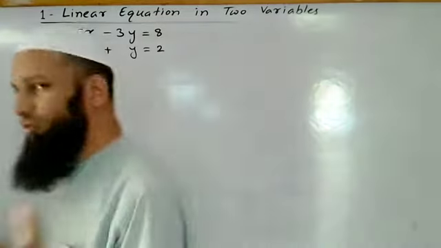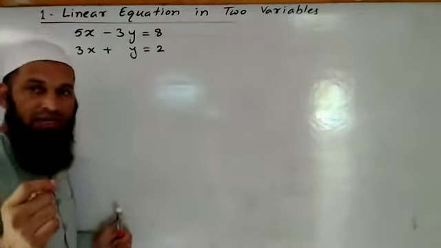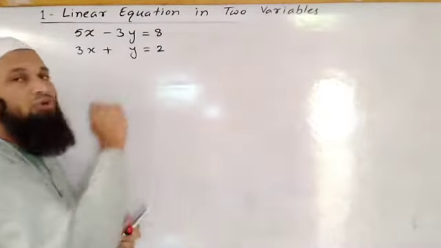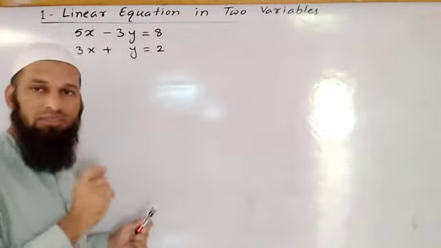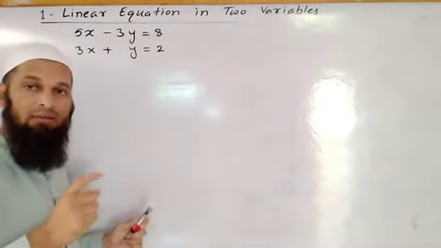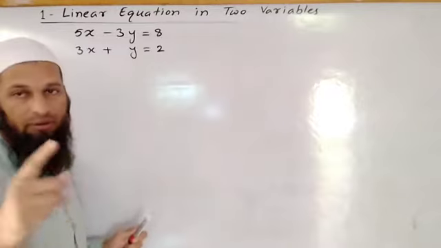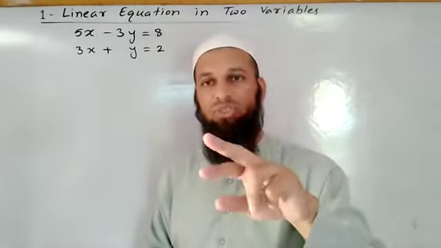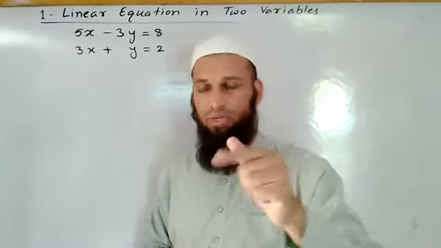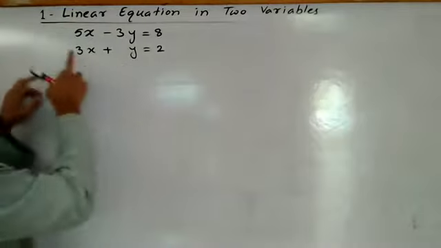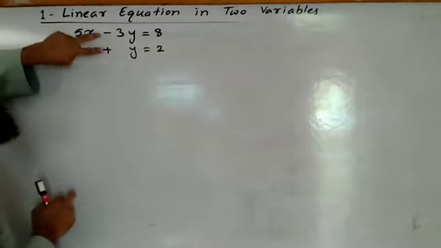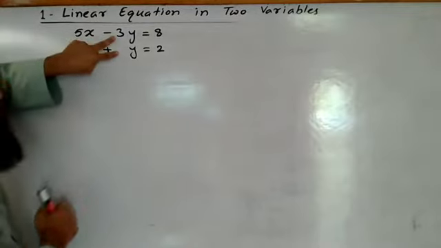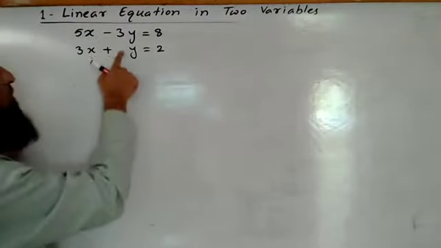Look carefully. What to do in this? As the name suggests, elimination by equating the coefficients, we should make their coefficients equal and their signs should be different. Remember, the coefficients should be the same and the signs should be different. See here, the signs are different: here both are positive, but here one is negative and one is positive. But the coefficients are not the same. So how can we make the coefficients equal?